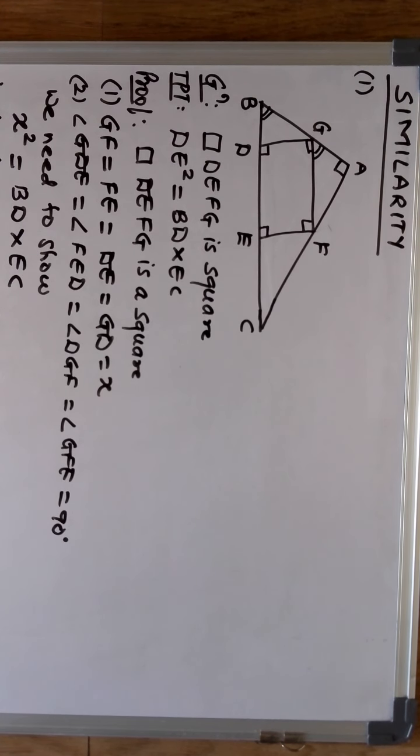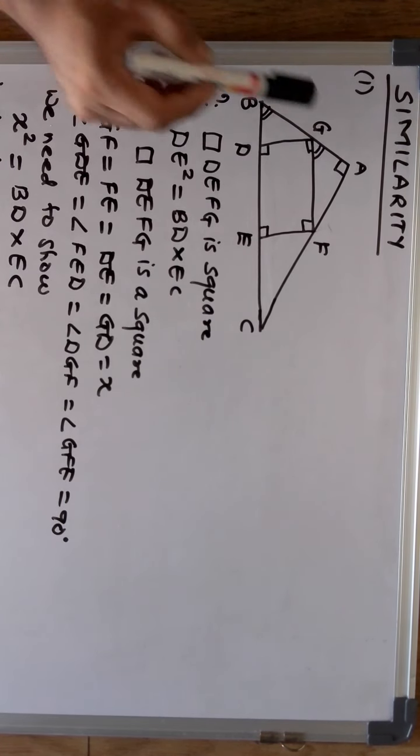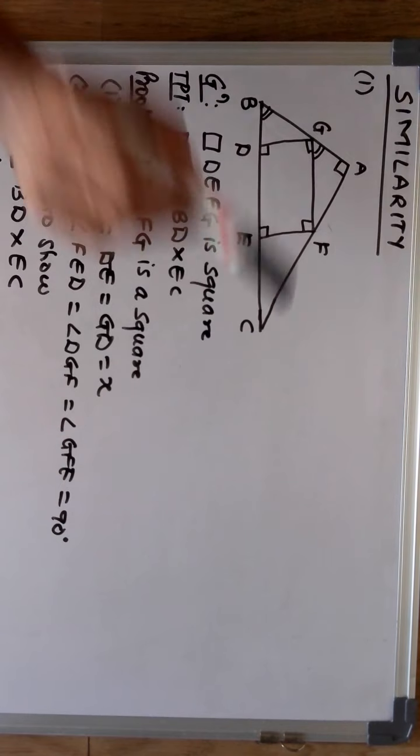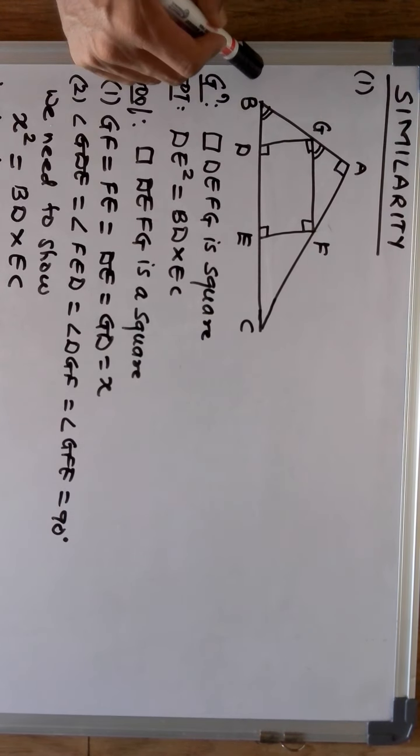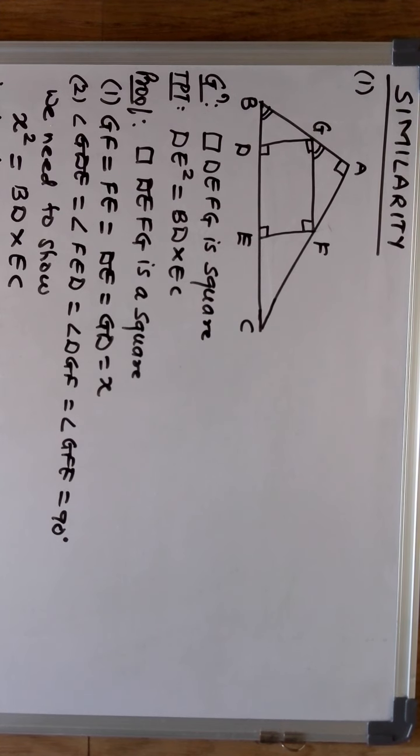These 2 angles, that is AGF and ABC, or only B you say, are corresponding angles. They are congruent only if the lines are parallel, which is already known to us because it is a square. So I will write first that GF is parallel to BC or DE, whatever it is, and this is your transversal. So you will get angle AGF congruent to angle B. Okay, and the same pattern goes to that side, right?